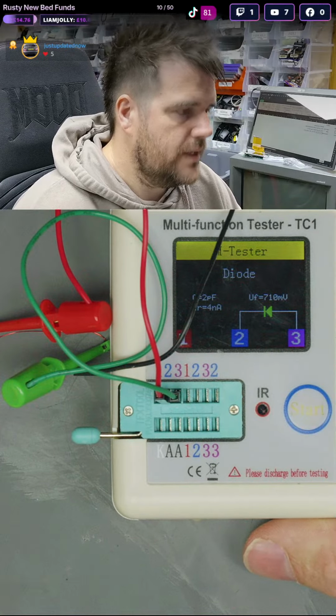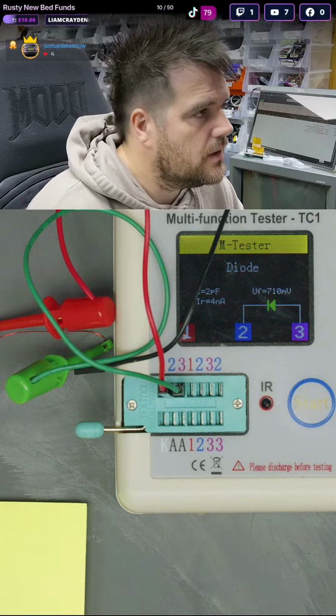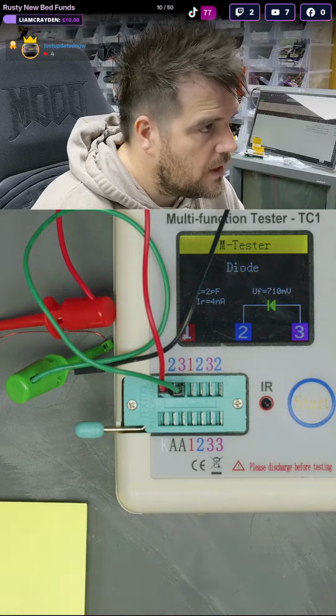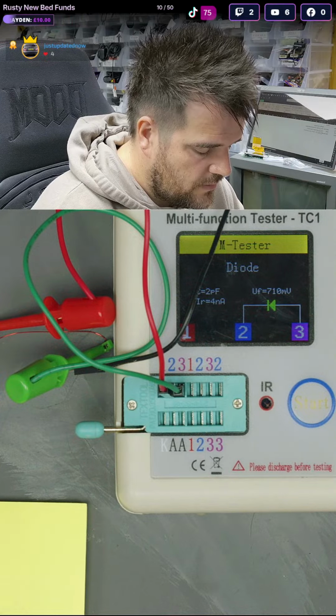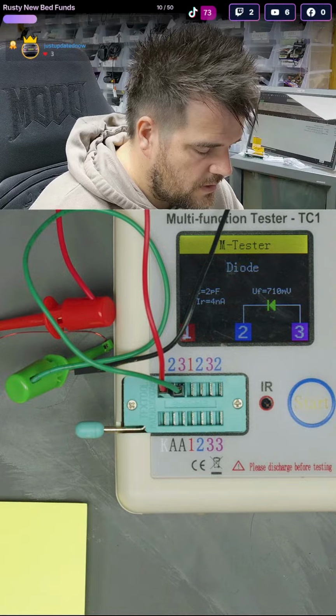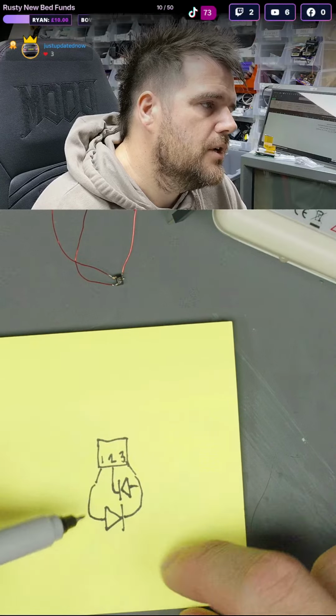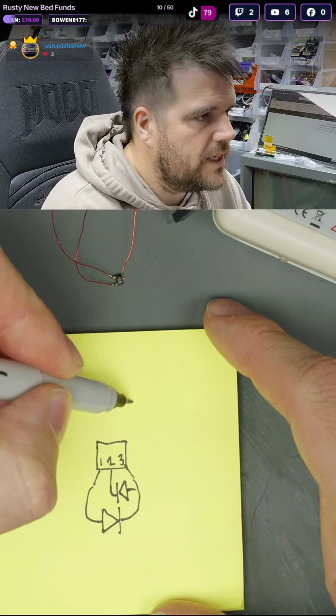So pin 2 and 3. Pin 3 has got the diode coming off, going to pin 2. So if that's right, we've got something like this in a package, which means, drawn a little bit easier, they've got an inverted